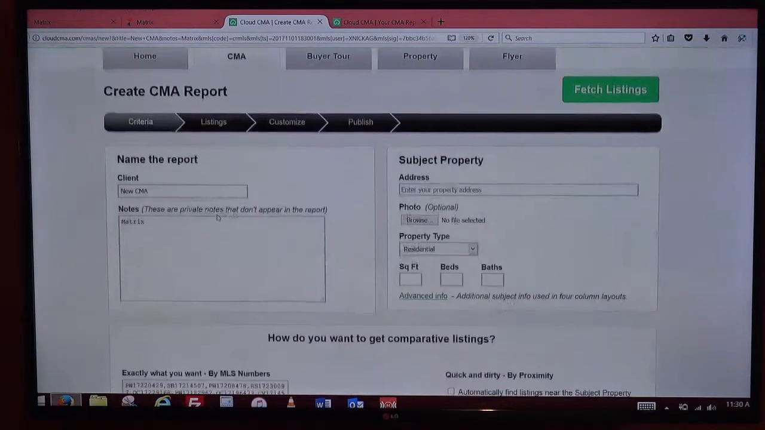The first is criteria, so this is where you plug in subject property information, name of the seller that you're building the CMA for, and this information will show up on the cover sheet of the CMA. So the first page will have your seller's name on it. So the person you're building the CMA for, you enter their name,